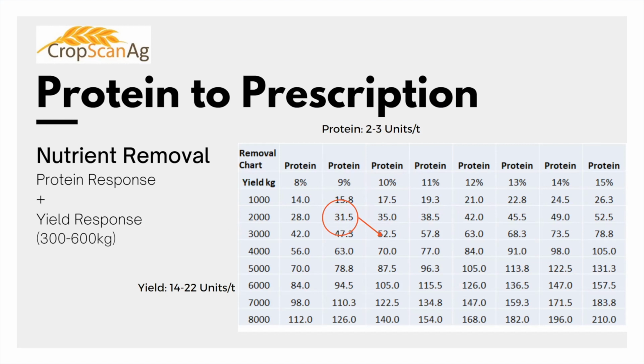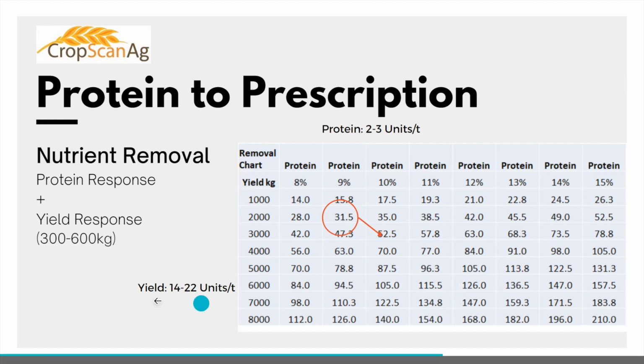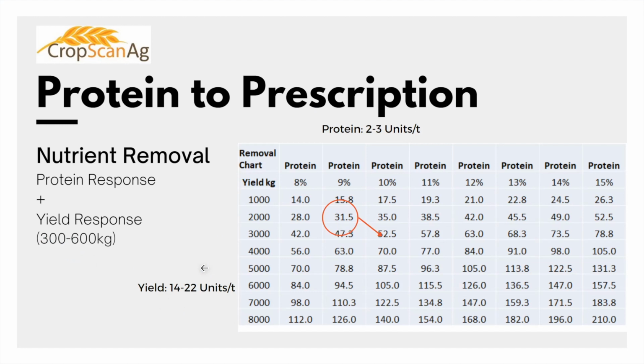So depending on where your zone is and that sort of thing, we're seeing variations around that. But if we were looking in that range, that's sort of what we would be taking, essentially that 300 to 600 kilo percentage out of this 14 to 22 units. So in this example, say if we did get a 600 kilo increase and we wanted to increase that protein